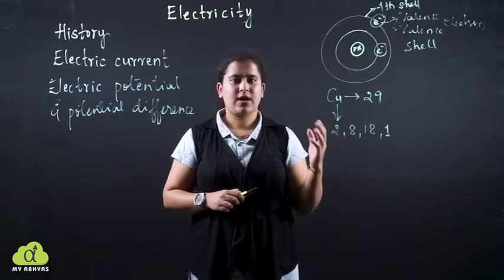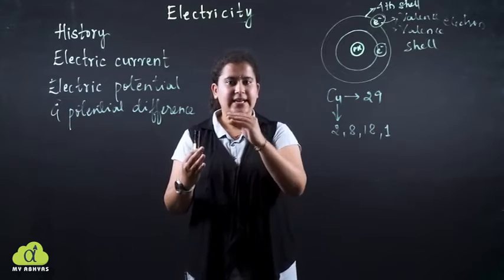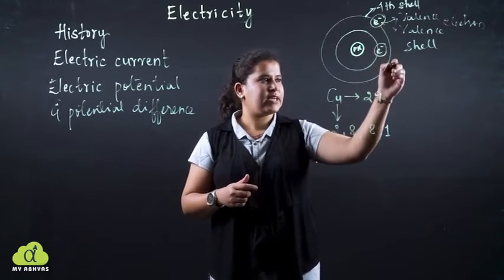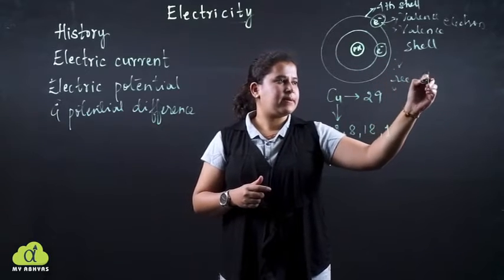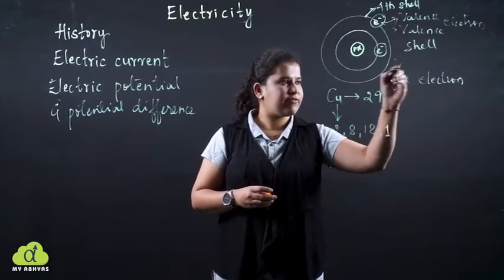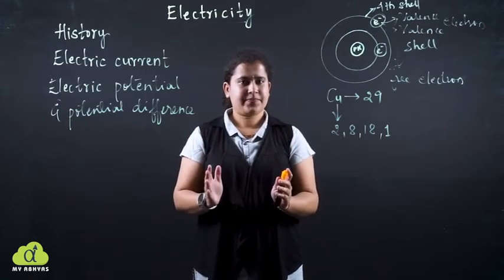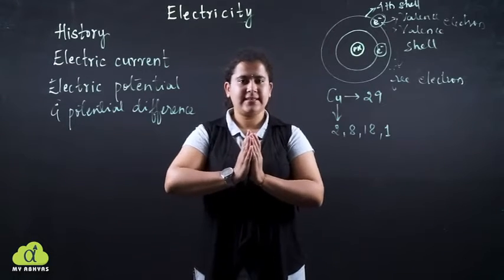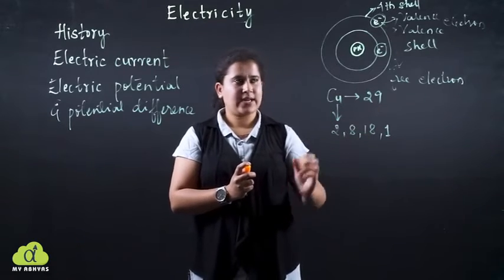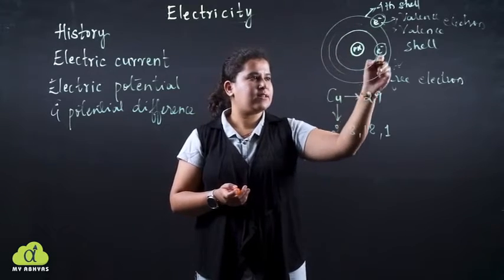Why am I doing this for you? Because this valence electron is easy to take out by giving some energy to it. When the electron comes out, it becomes a free electron. Now just keep this free electron concept in your mind. There is a nucleus. Consider a copper metal, whose electronic configuration is 2, 8, 18 and 1. So if I consider a copper atom,